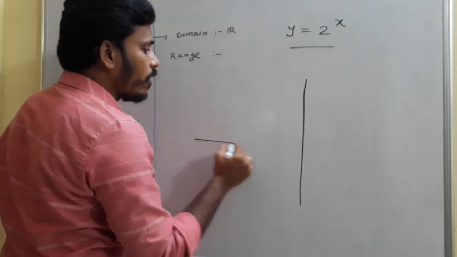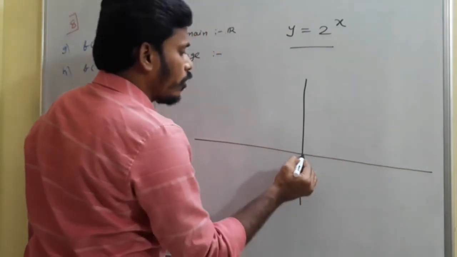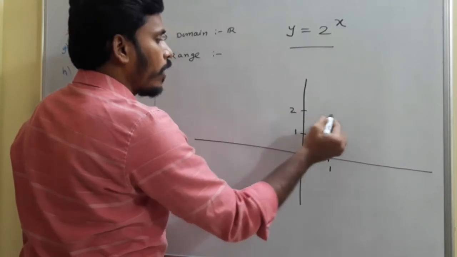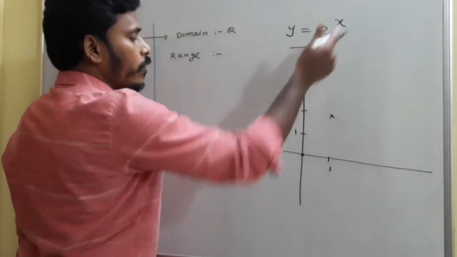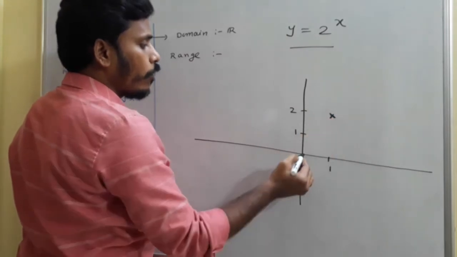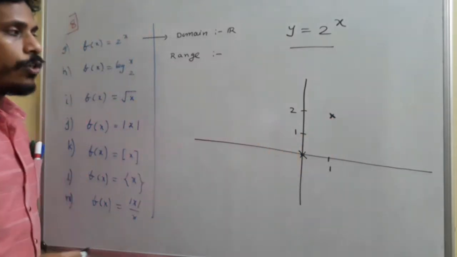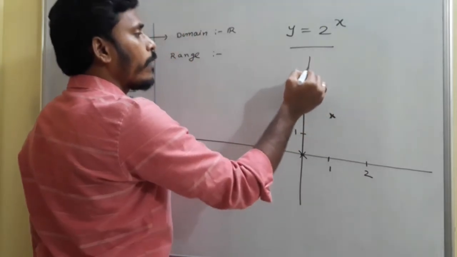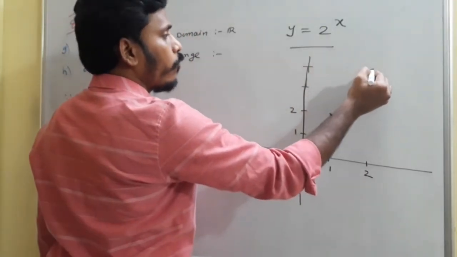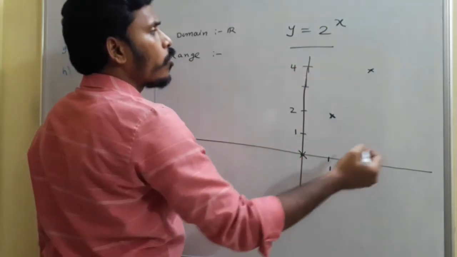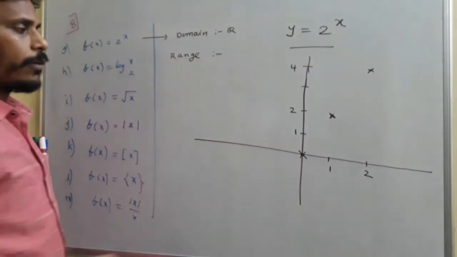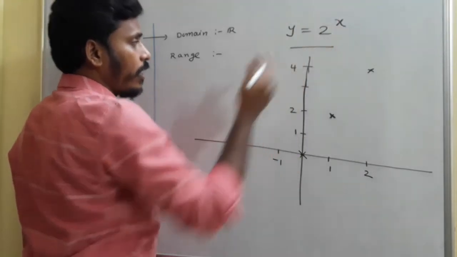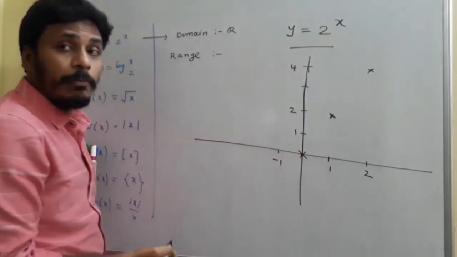If you think about all these things, at x is equal to 1, y is equal to 2. Okay, if you replace x with 1, you get 2. If you replace x with 0, your y value is 1. And if you replace x with 2, 2 power 2 is 4 and your corresponding y value is 4. Okay, so if it is 3, it is 2 cube, 8. Whereas if you replace minus 1 in the place of x, 2 power minus 1 is 1 by 2.